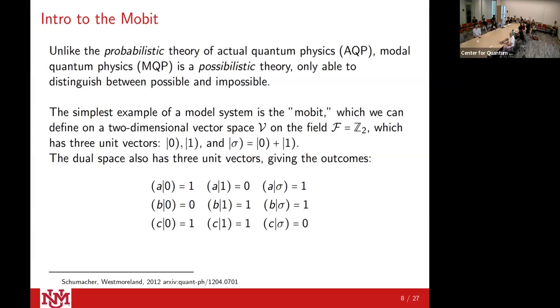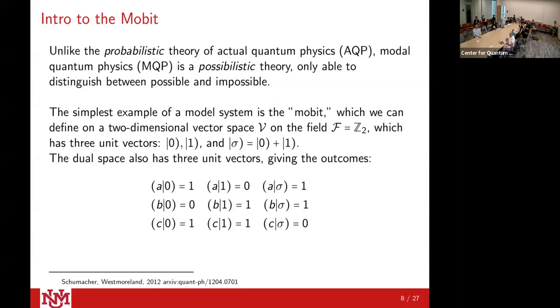Okay, I don't know, maybe I'm wrong. I guess you can think of sigma as representing a mixture of both 0 and 1. Because in the modal case, if you have this mixture and I do some measurement, I could measure it in 0 or I could measure it in 1, because both measurement outcomes are now possible. I'm not disputing that you have three vectors, I'm just saying that the dimension of the space is 2, so you have 4 vectors in total: the vector 0, the vector 1, the vector 0 plus 1, and then the actual 0 vector. Okay, that's all I was going to say.